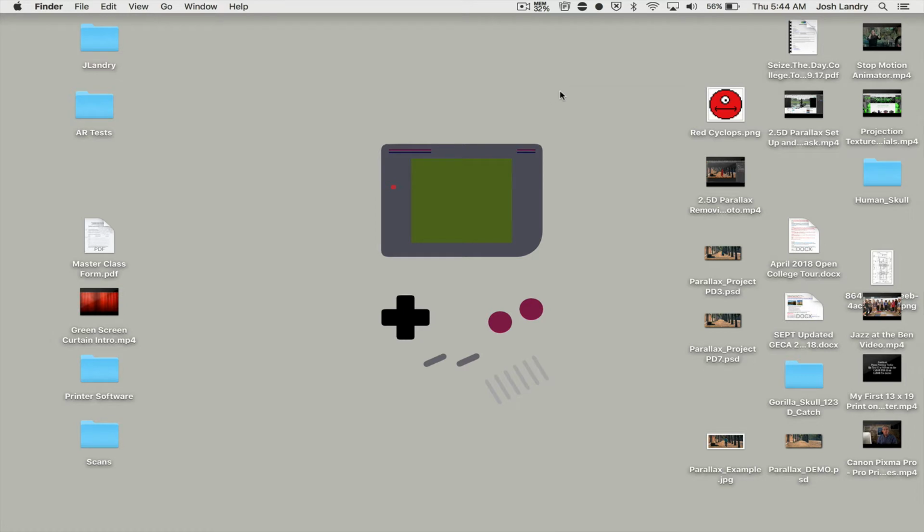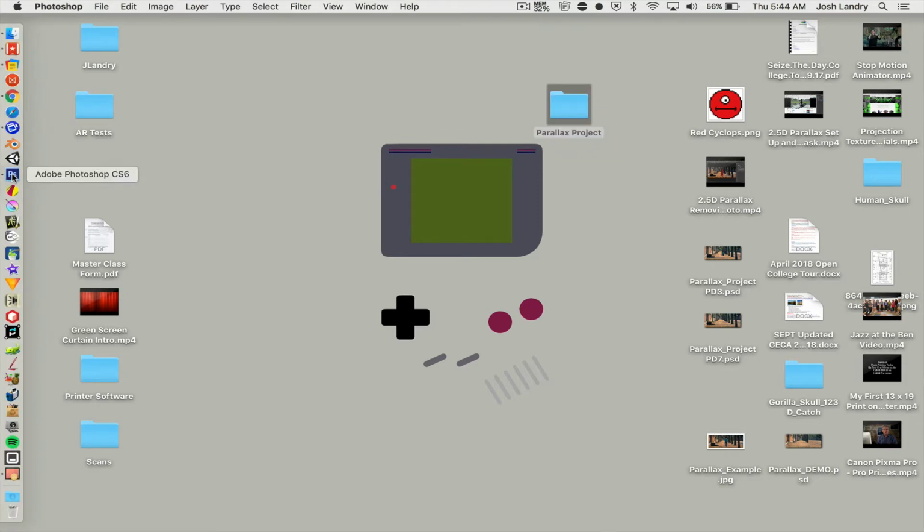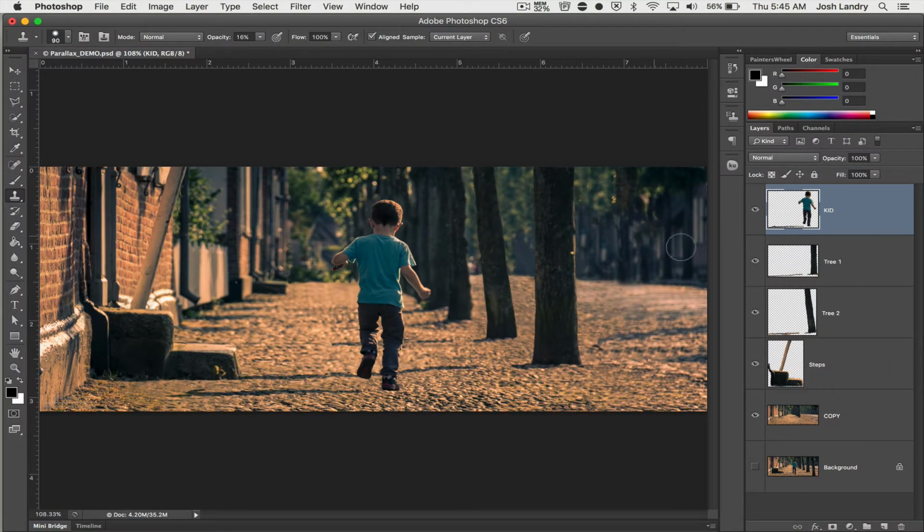folder here. So I'm just going to go onto the desktop, right mouse click, make a new folder, Parallax project, and in hindsight I probably should have done this when I first got started, but okay, so now that I've got that, I'll go back to Photoshop,